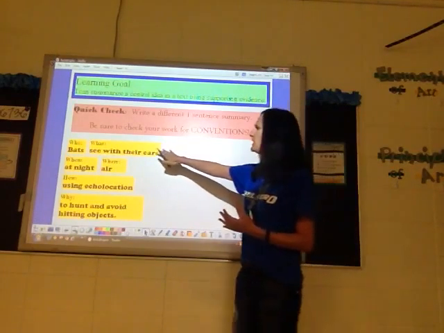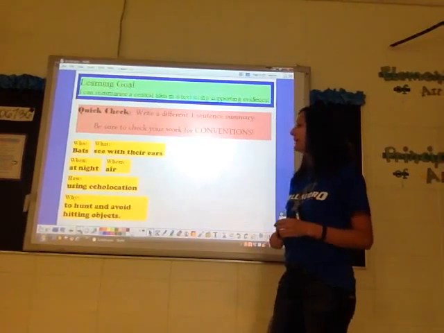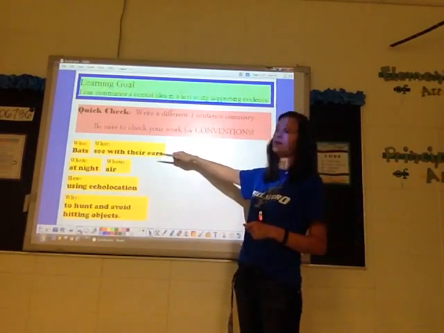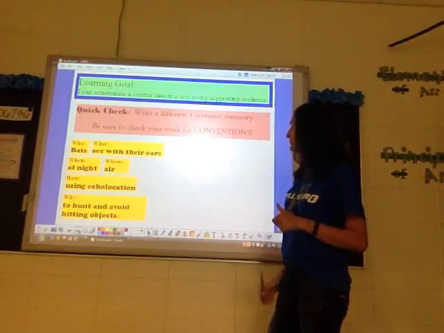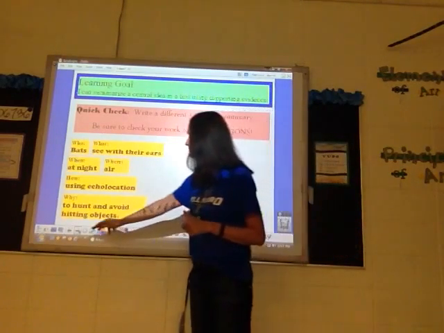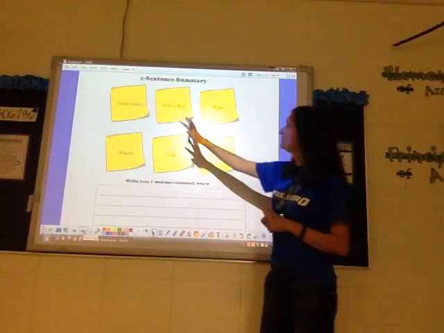Oh, they didn't quite understand the what, and I might pull that group aside, or a few students, depending on how many I have, and reteach that certain area. And then again, have those ones that have it move on to a higher level way of writing their particular sentence. And then at the end of this one, here's our graphic organizer, and I just use little sticky notes